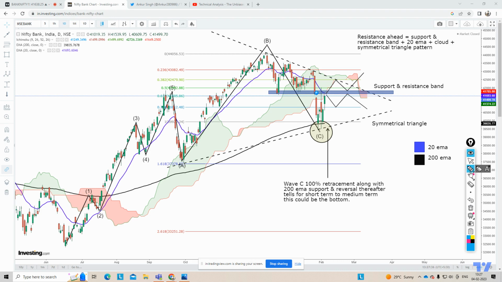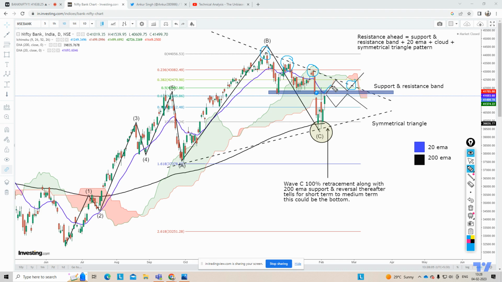If you consider that also, very few people understand the moon cycle and time cycle, but still, if you consider the moon cycle also, and based on the price action, if Nifty is able to break this area, so if it breaks the support and resistance, cloud, 20 EMA, right? So there could be a very, very aggressive impulsive move. And if it also breaks the symmetrical triangle, because as you see, three times it took the resistance from the same trend line of the symmetrical triangle.